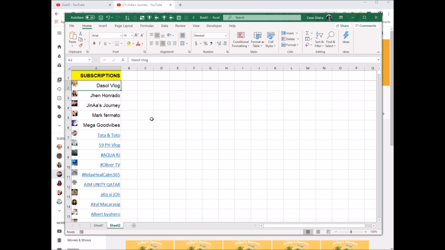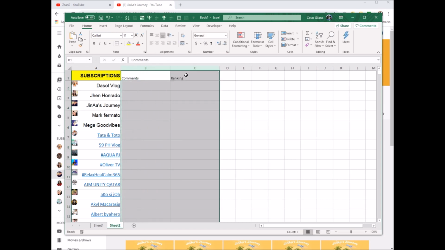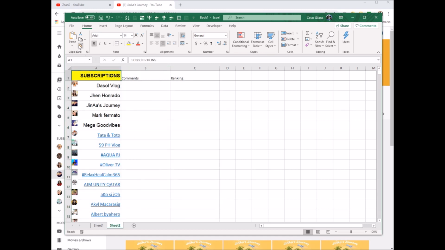why do you want to download? You want to download because you want to be able to manage your subscription, and also you want to help yourself with some information. So you can put comments in here, comments, and you can do ranking also. If there's something you want to do, we can do whatever you want because you already have the data in front of you. So I'm just gonna copy the format,